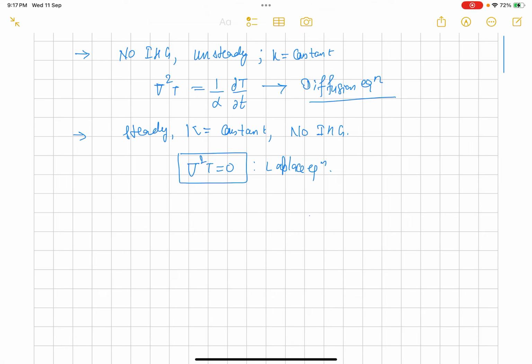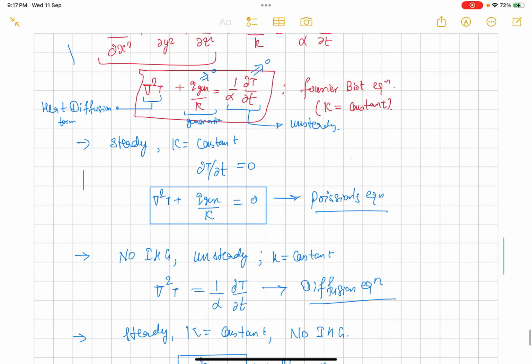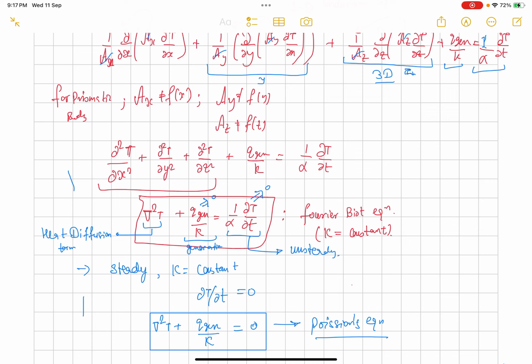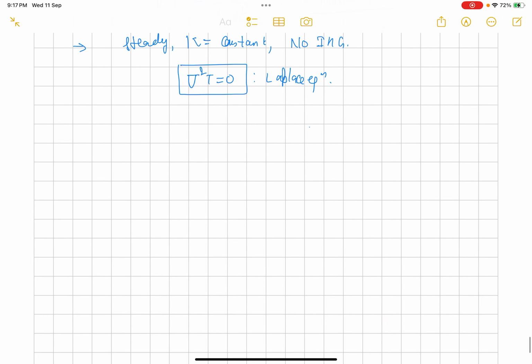Hello. So up till now we have covered the derivation of the heat conduction equation and its various forms when we apply various assumptions to it. Essentially, the generalized three-dimensional unsteady heat conduction equation in the Cartesian coordinate system. And as a recap, for the Cartesian coordinate system,